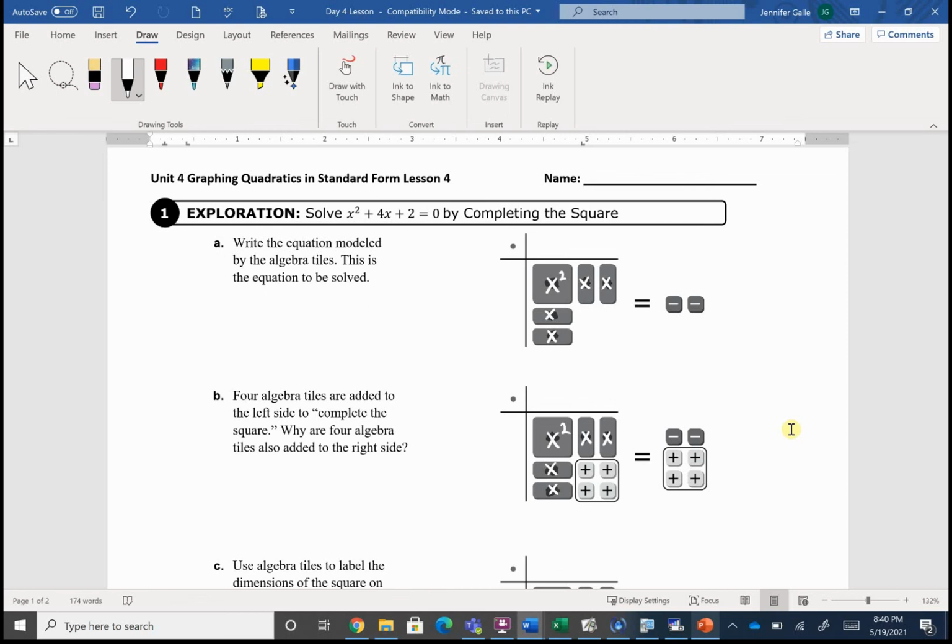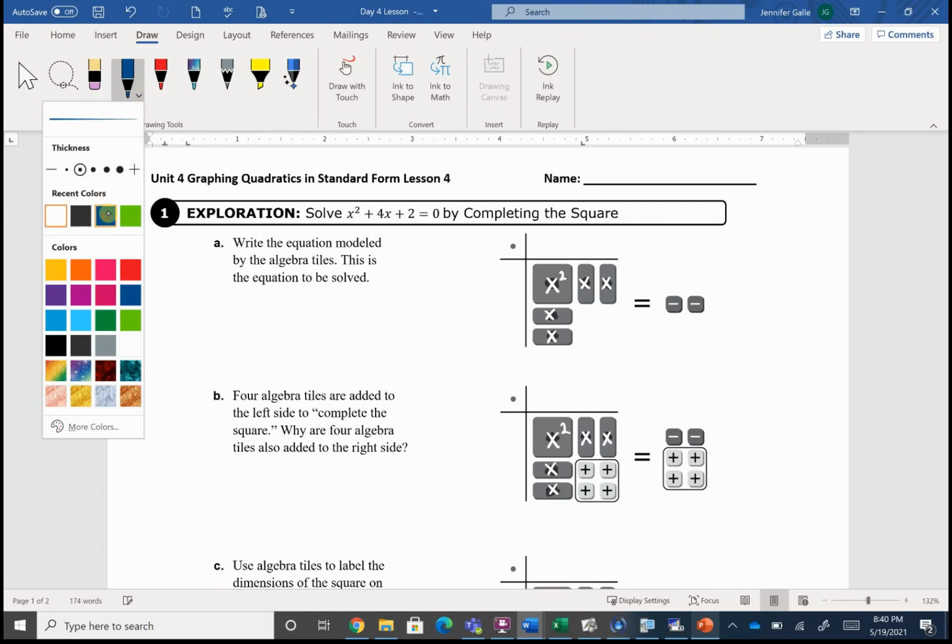solve. That's also our way of finding our x-intercepts if we were to graph. So in this first little exploration, we're going to solve x squared plus 4x plus 2 equals 0 by a technique called completing the square. So the first thing we have to do if we're going to use this method, I'm going to go ahead and start with my equation